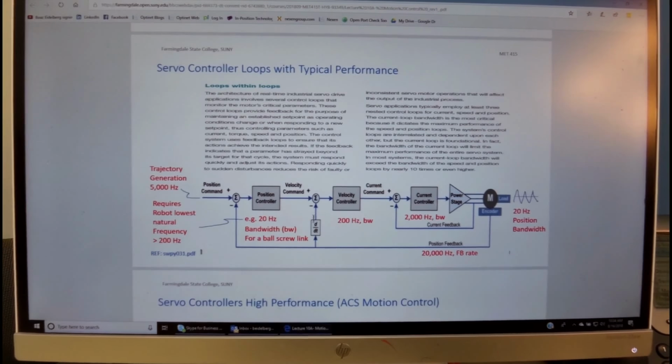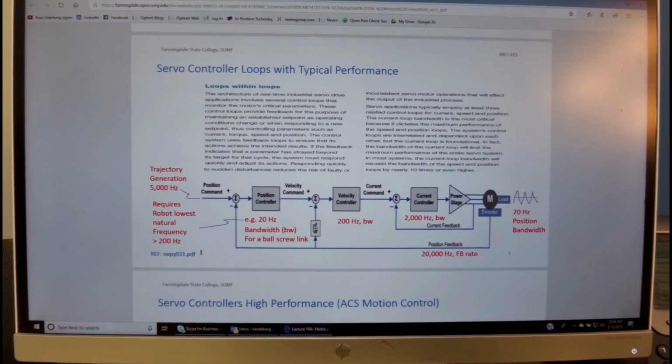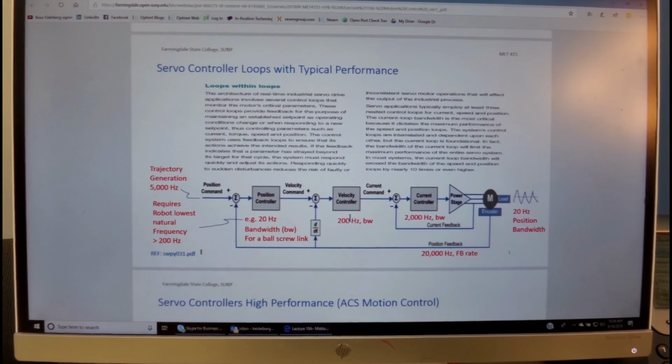And then we have over here the velocity loop that gets the velocity signal from the encoder or the derivative of the position. This loop is at a 10 times higher rate, at about 200 hertz. These are typical values, of course, could be less or higher.